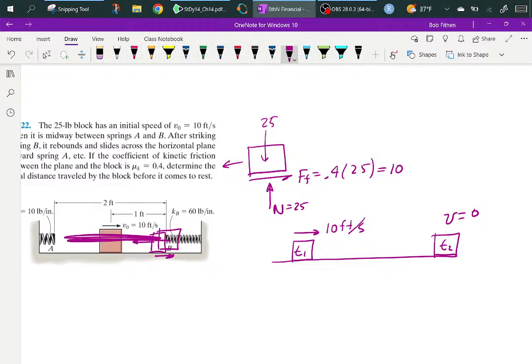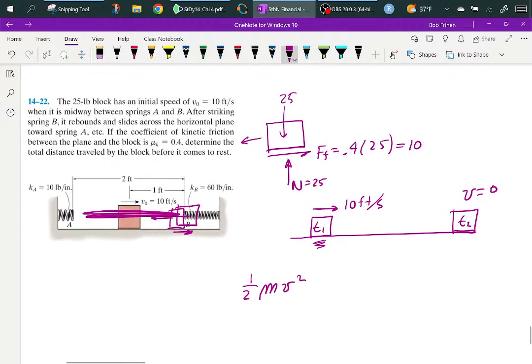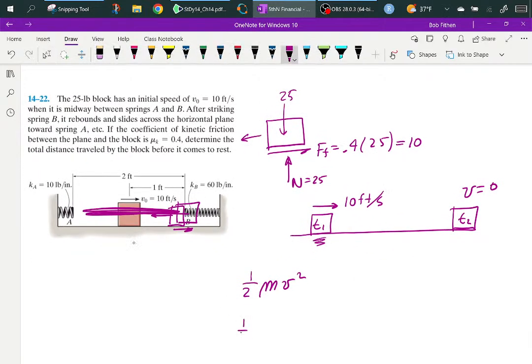So it's as if whatever energy was put on that spring, it just gives you that right back. And so in essence, on the left side at state 1, your energy just becomes 1/2 mv squared. And that's 1/2 m, where m would be 25 pounds over 32.2, and v would be that,